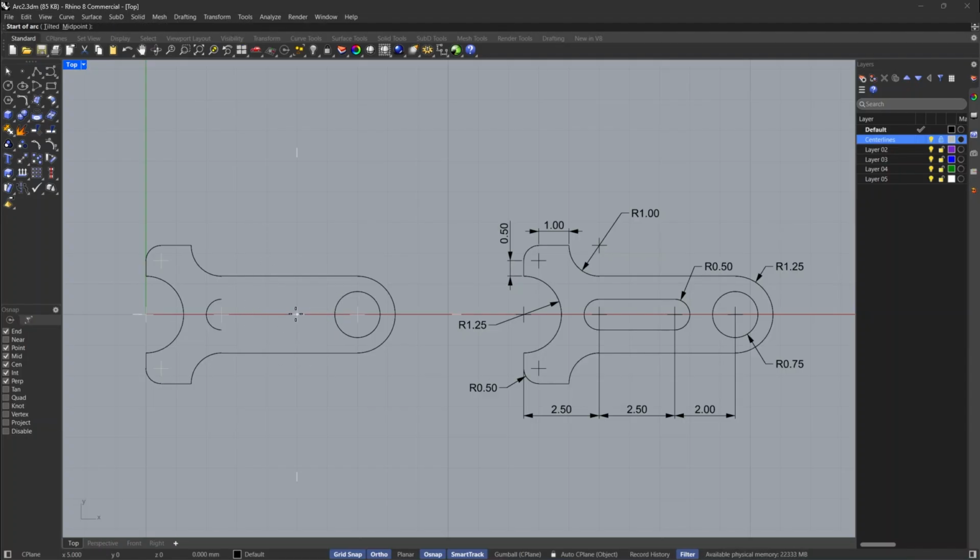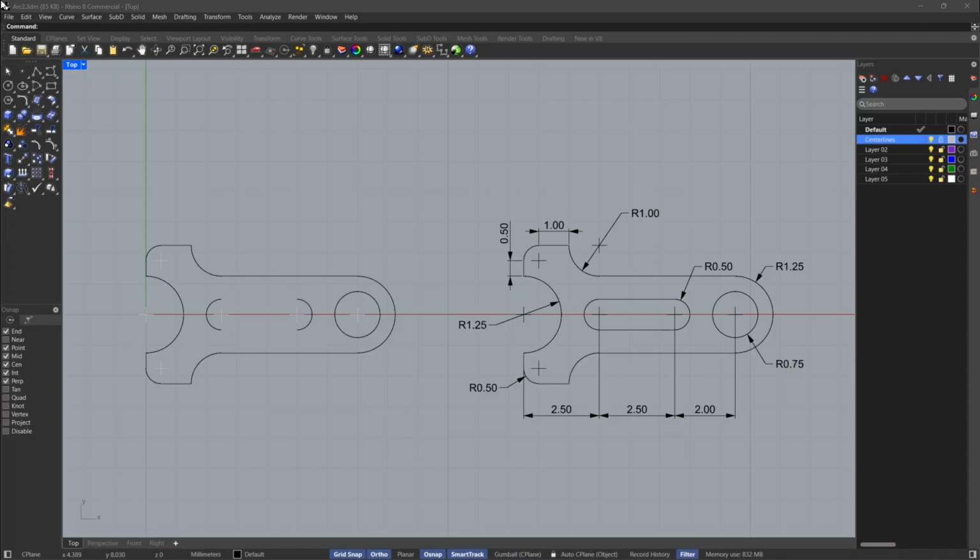For the start of arc, type 0.5, then press enter. Toggle in the up direction, then click. For endpoint or angle, type -180, then press enter.